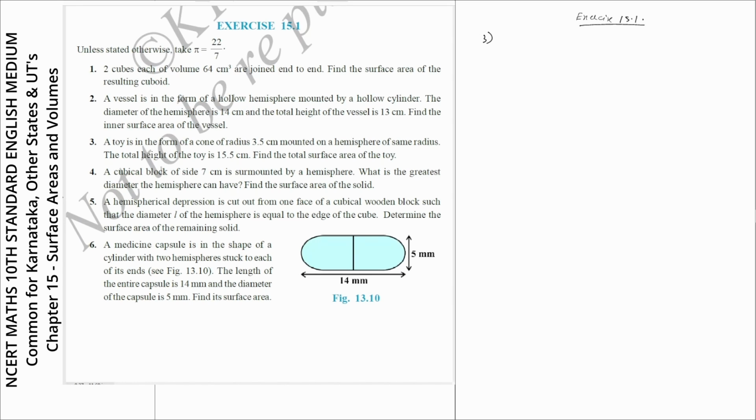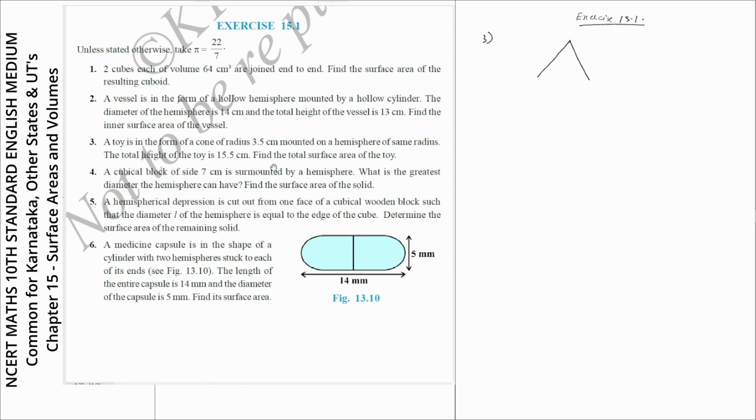Exercise 15.1, question number 3. A toy is in the form of a cone of radius 3.5 centimeter mounted on a hemisphere of same radius. The total height of the toy is 15.5 centimeter. Find the total surface area of the toy. So this is also very simple. So there is a toy